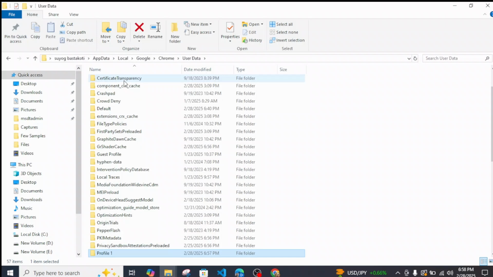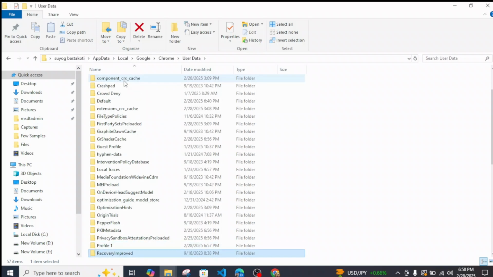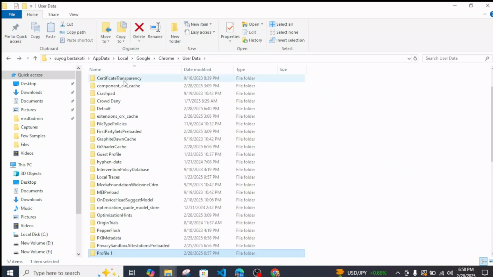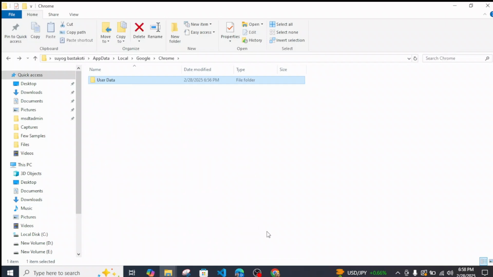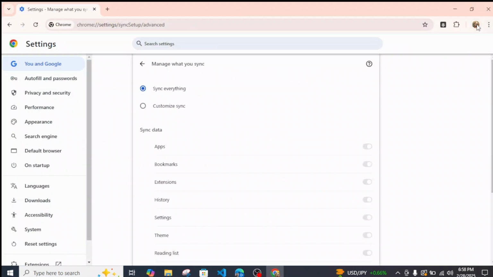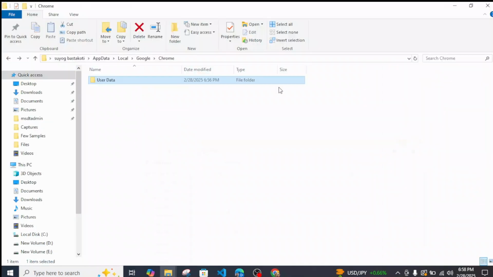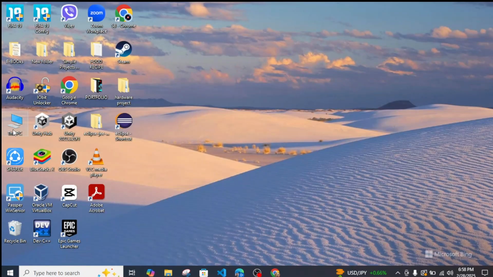So based on how many profiles you have, since I have only one or two profiles, I will be seeing only this profile. So if you have more than two profiles, you'll be seeing a lot of profiles. In this case I have only two profiles right now, as you can see. So what you need to do is just copy this, Control C, by clicking on this folder, just copy it and make sure you back up somewhere around your external device, or you can also paste it over here for